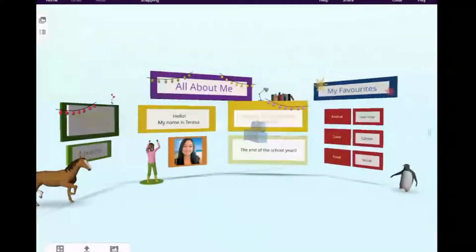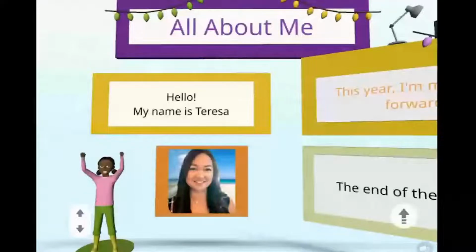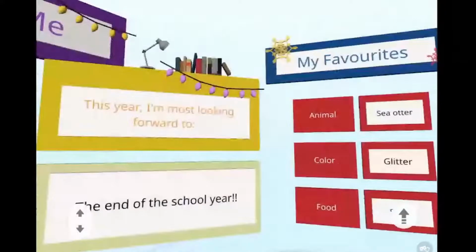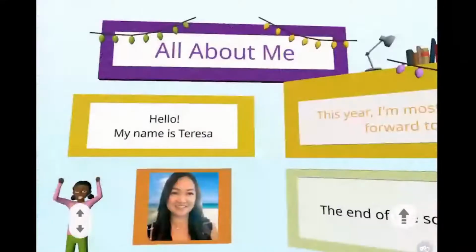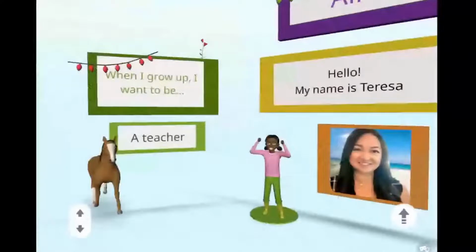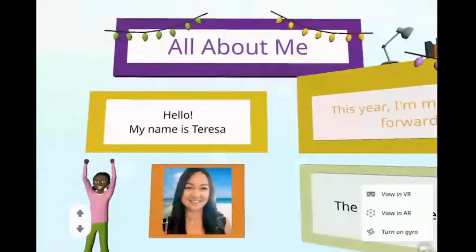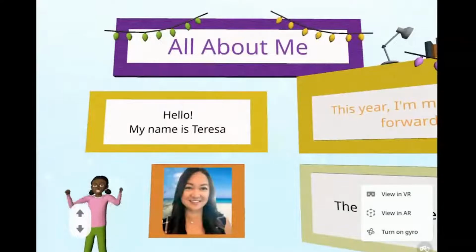But what I want you to see is I can come now and play. We'll show you how to create in a second, but I want you to see what this looks like. So this is what Teresa created. I'm going to show you how it's going to look right now. So here we go. Notice that I can come in here, like a museum kind of thing, right? All about her. I can actually come in here, and if I wanted to see it in augmented reality,